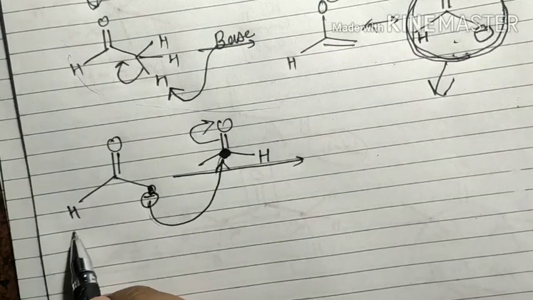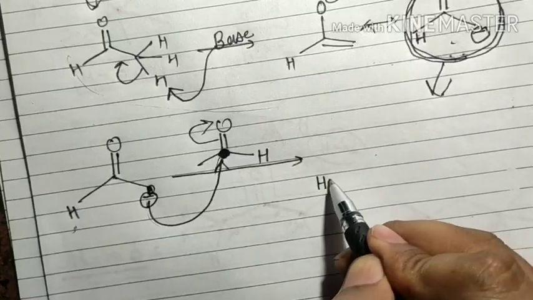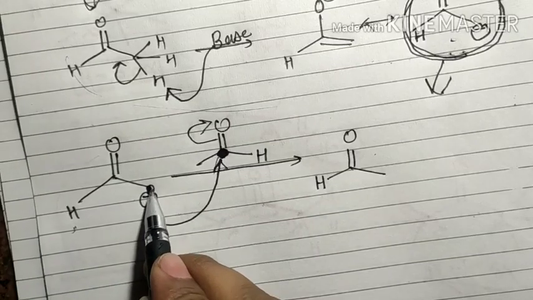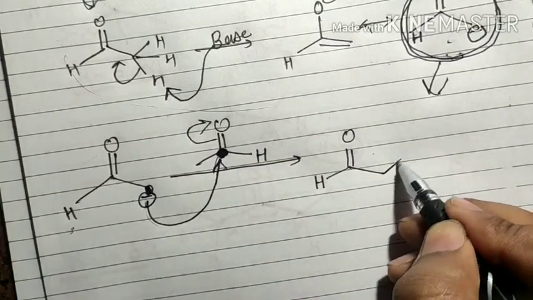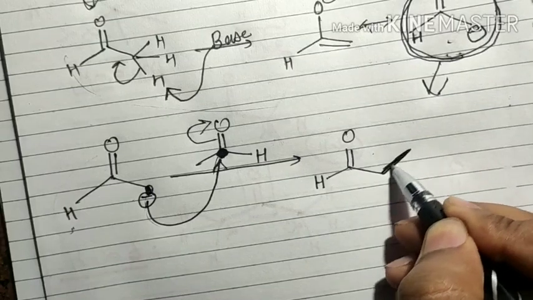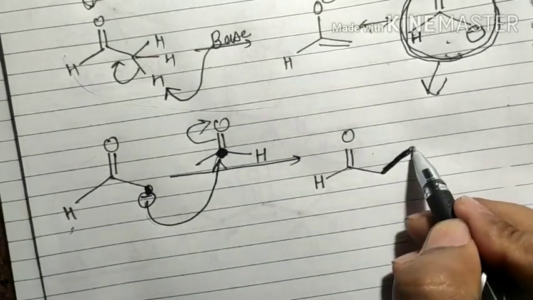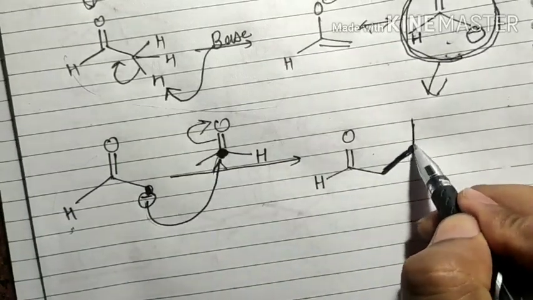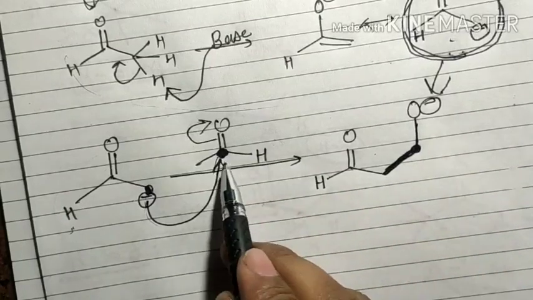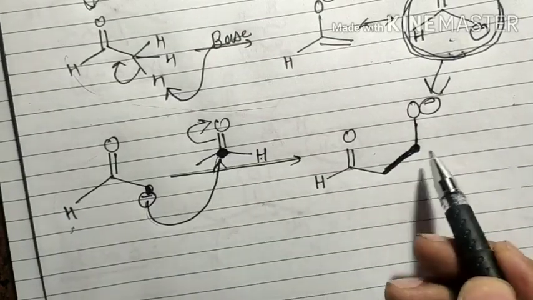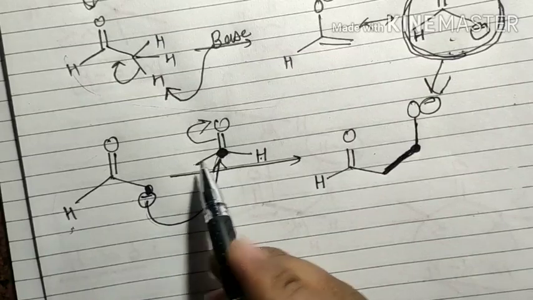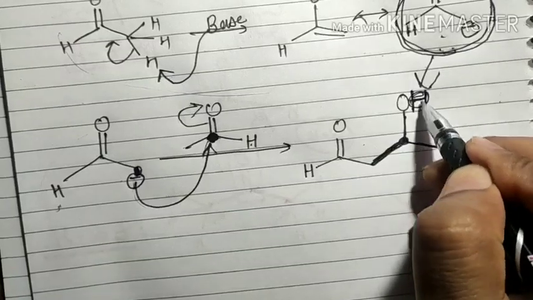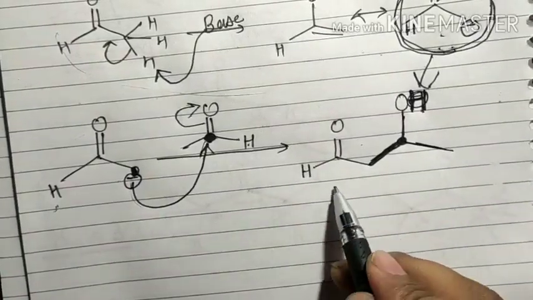So how to write the structure? First write H, C double bond O, and this. I write here the total structure of this, and this atom forms a new bond. So this one is the new bond, clearly this dark line is a new bond to this carbon. This carbon is bonded with double bond O oxygen, but one pi bond is broken. So just write here O minus. One other bond is hydrogen, so I don't write hydrogen, and another bond is with the carbon chain. After protonation it converts into the OH. So this is beta hydroxy.